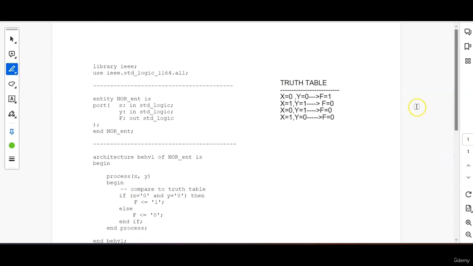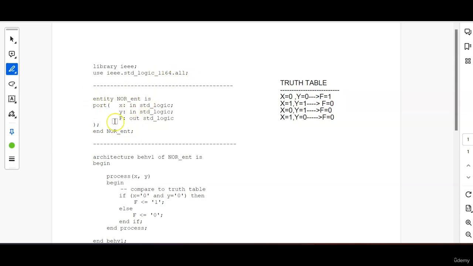Whenever we are writing VHDL coding, the first thing we write is the library. If you are following me through this lecture series, you will understand that the first two things we write on the top of every VHDL code are the library extensions. We write them using these two statements: library IEEE and use IEEE.std_logic_1164.all, then followed